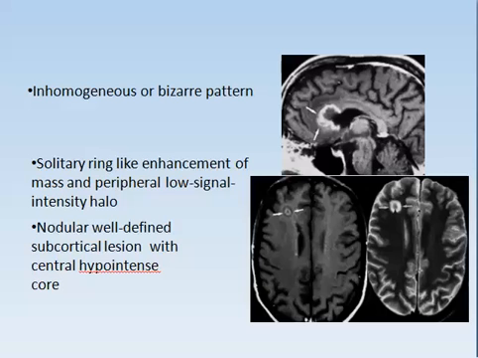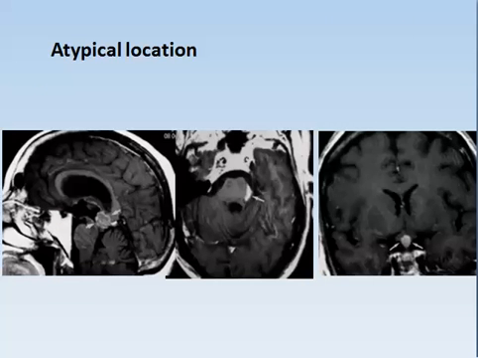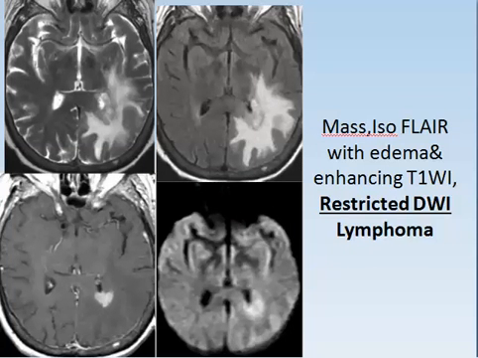Multiplicity, chronicity, crossing to the other side are among the diagnostic points in lymphoma. Atypical locations may occur as in the midbrain and the region of the infundibular stalk. Here we have mass in T2 weighted images seen as vasogenic edema surrounding a relatively